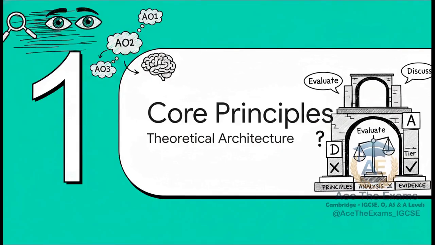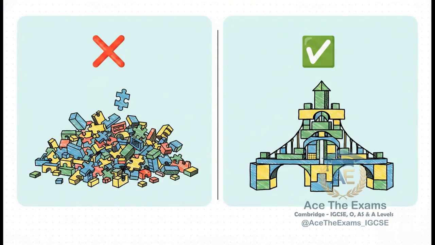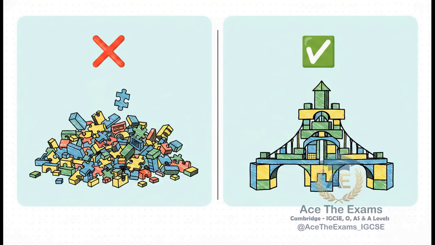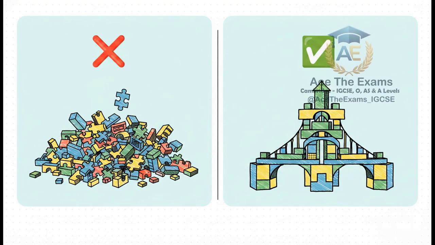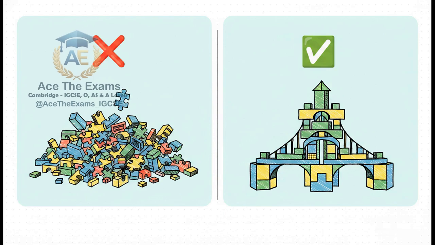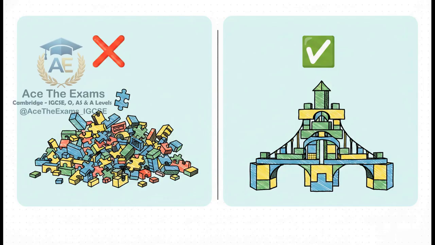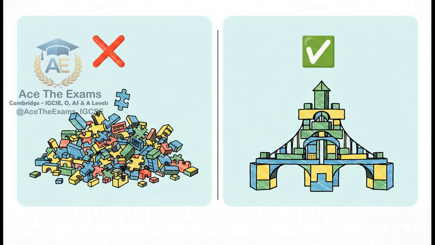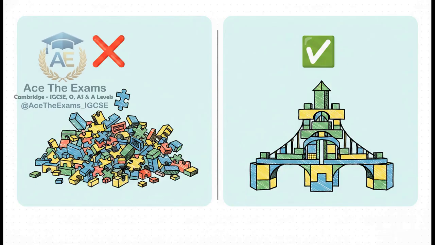Section 1. Core principles. This is the theoretical architecture I scan for the second your script loads on my screen. Let's do a live marking split screen comparison. Imagine we have two candidates sitting in the exam hall right now. Let's call them Sam and Alex. They are both looking at a post-war economic development question. I can almost hear their internal dialogue clashing. Sam is panicking, thinking, I need to show the examiner everything I know. So Sam writes with incredible flair but dumps a massive, unorganized paragraph detailing every historical battle, listing out dates and isolated facts, hoping for superficial breadth.